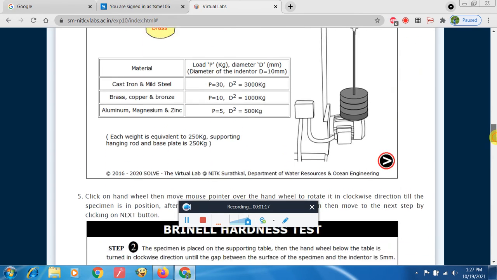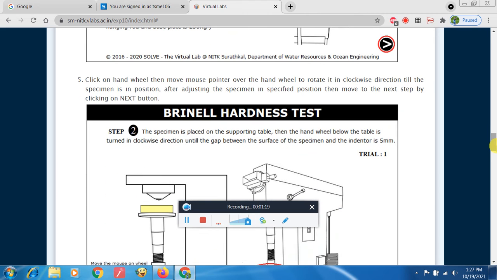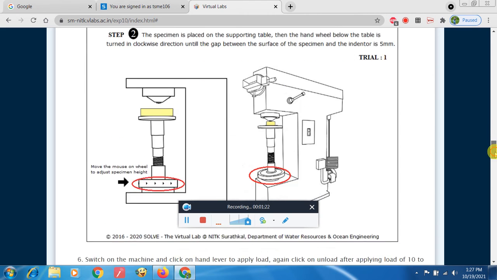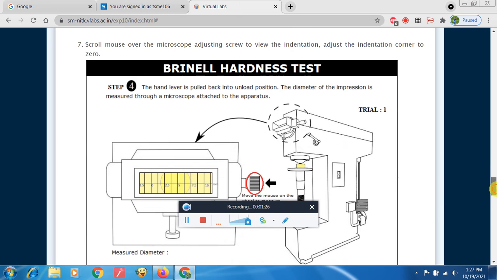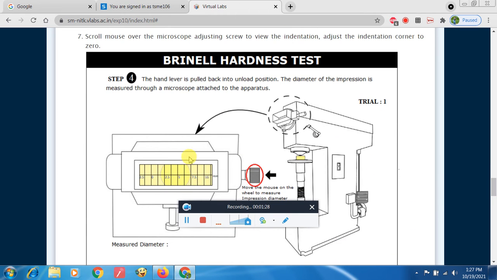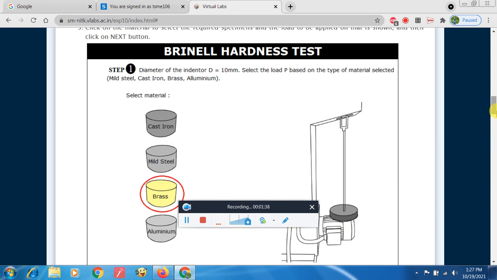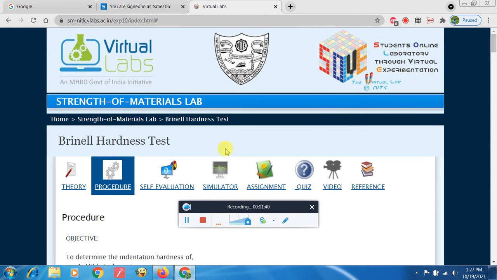Finally, once the material has been indented, we have to check the diameter. Depending upon the diameter, we will say the hardness of the material. It will be tested using a microscope, and the diameter of indentation will be measured, and based on this the hardness will be calculated. So if you go to the simulation,